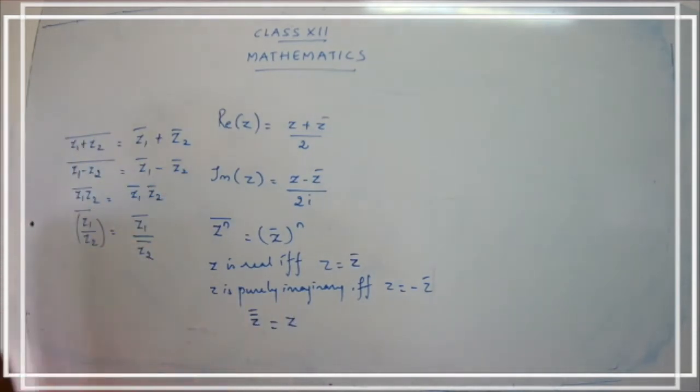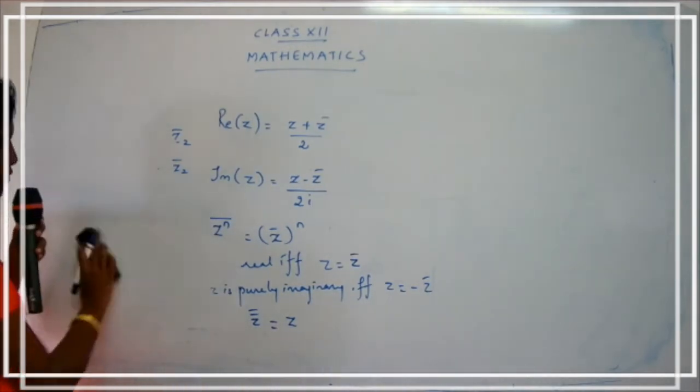So these are the important points that you have to remember. We may use some of the properties for finding the solutions in exercise 2.4. This is a very simple property. Already we have discussed this property in the previous class. So now we are going to continue with our exercise 2.4. Take down your classwork, children. Write today's date. Give the heading exercise 2.4.